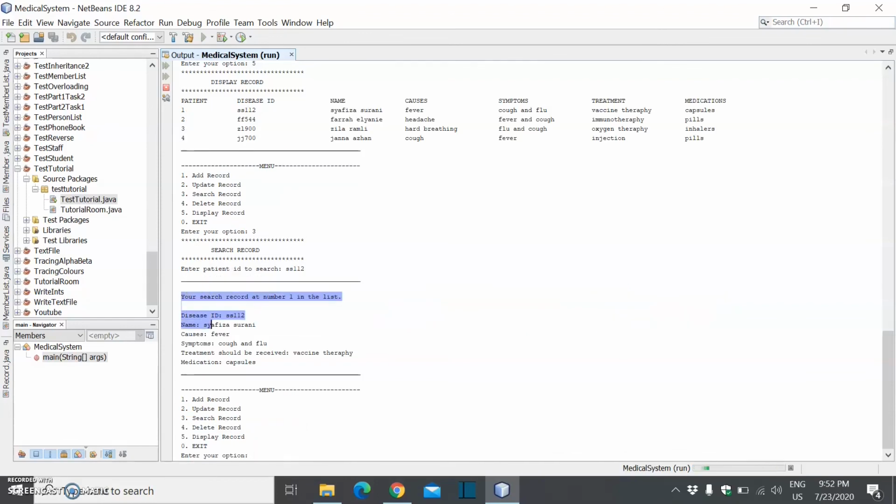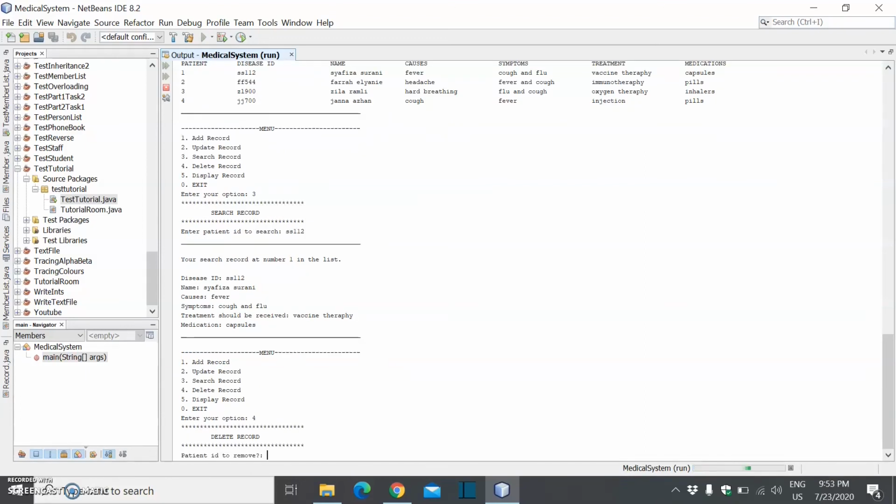Then the system will print all the data related to the patient. It will say the search record at number 1, which is true, patient ID. This patient is number 1, and then all the related data are displayed the same as we added to the system. Next, I choose number 4 to delete the record, and then the system asks us again to enter the patient ID to remove. For example, I choose patient number 3,